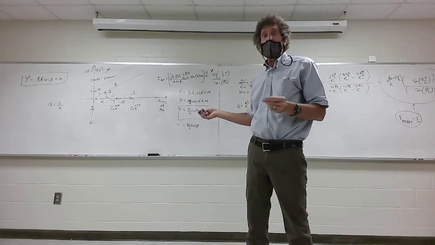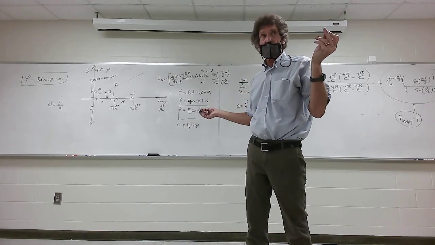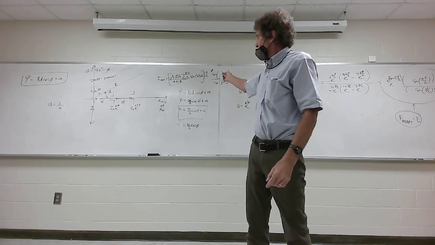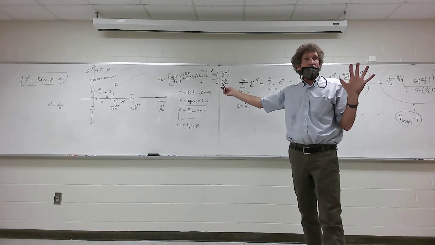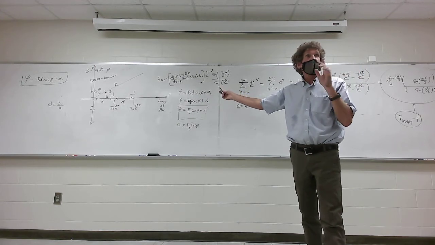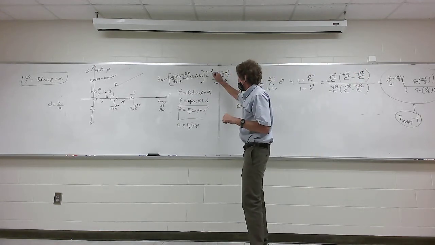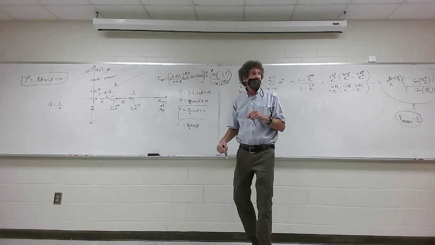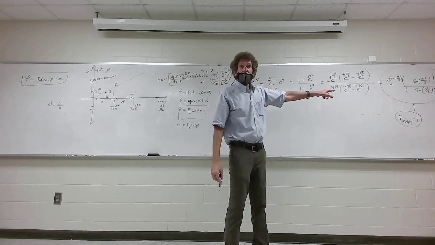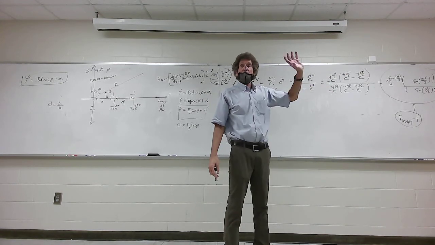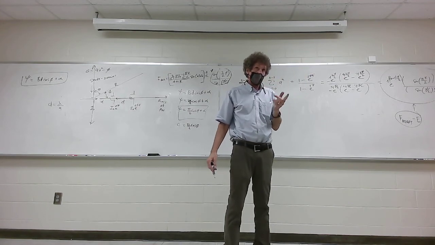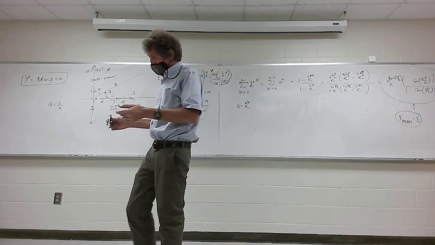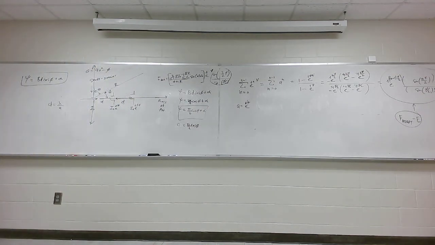I am out of time, but did you all follow me as far as the thought process to get the final form? I'm going to put that form down in the notes. I'm going to give you problems, and to get the power, hear me now, the power's trivial. You ignore the phase, you take that term right there, which I call the F array there, and you square the magnitude. And then you multiply it by the power pattern from a single element. And that's what Whitworth does in his book. He doesn't even bother with E-field like I'm doing. But I'll get to that, and I'll put them on one note. And then for Friday,